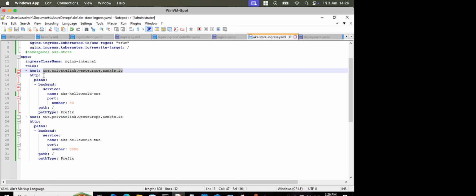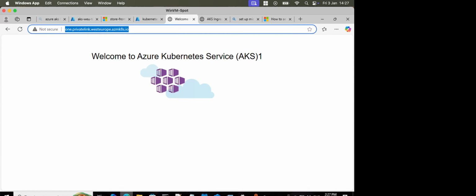So here are the two hosts, host 1 and host 2, with two host names. And here you can see path is slash, I mean the root. So there is path-based routing. Different types of load balancing rules are available in Azure, and I'm using the path-based routing. Here you can see port 80 and port 8080. Through the kubectl apply command, I have deployed it, and in the Azure portal, let me show